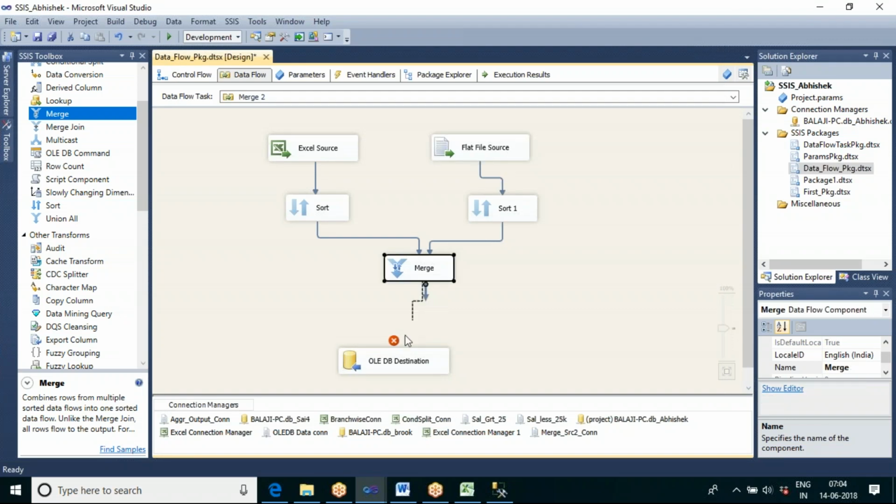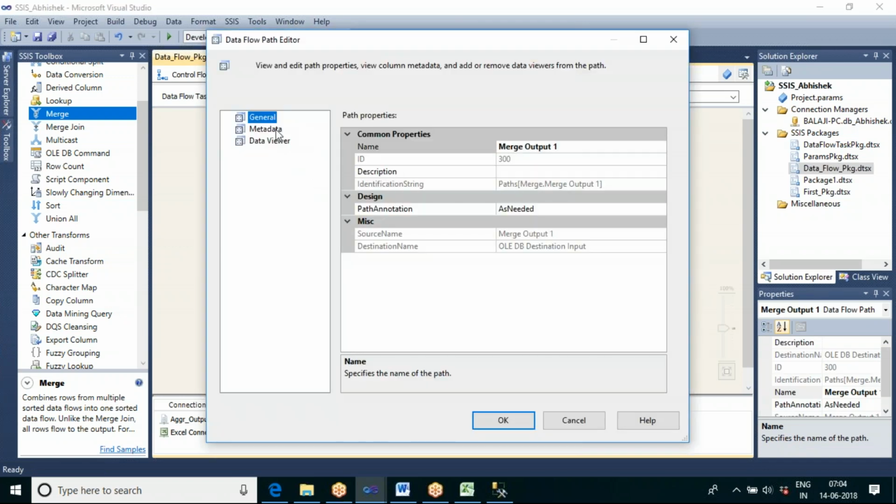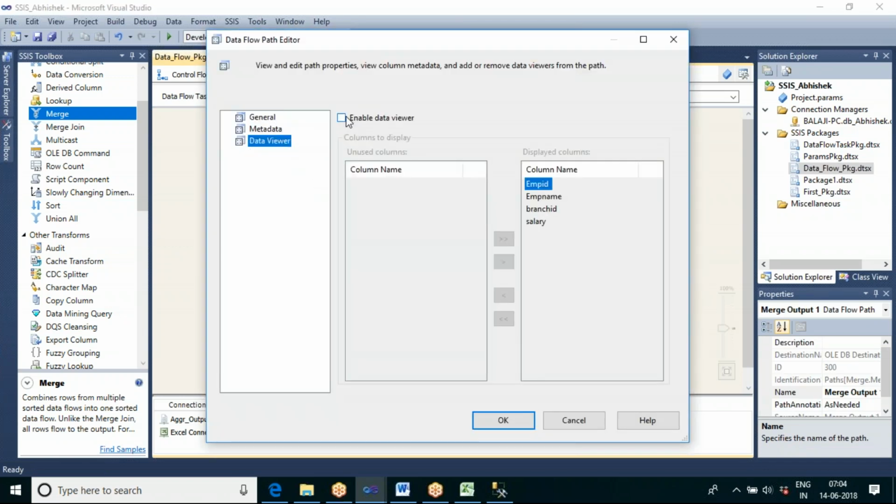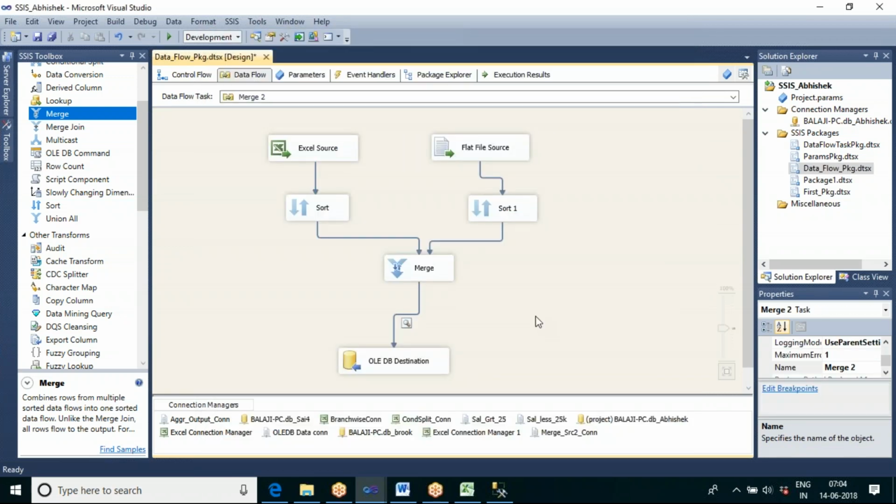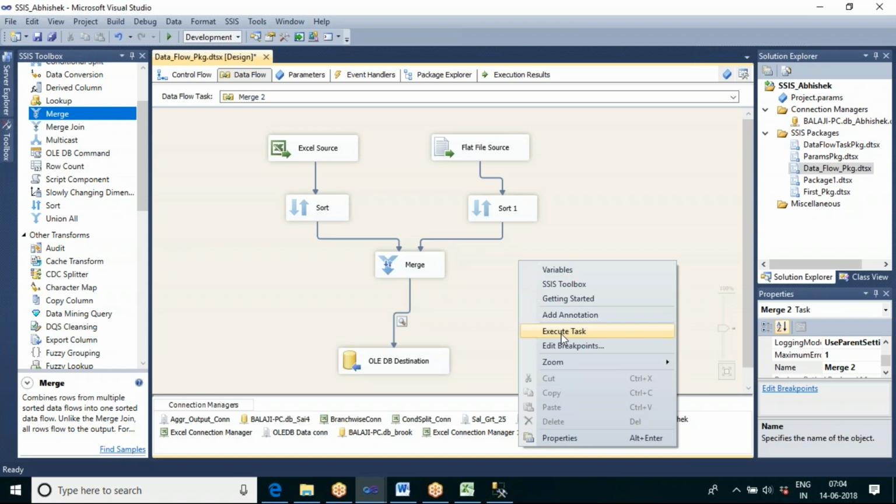And if you want to merge the data into the destination, you can go and merge it like this. Let us go and execute one more time.